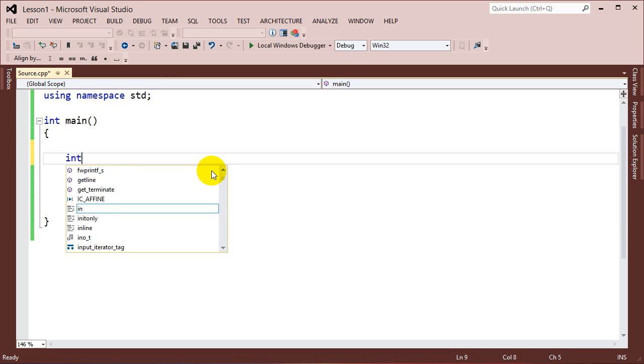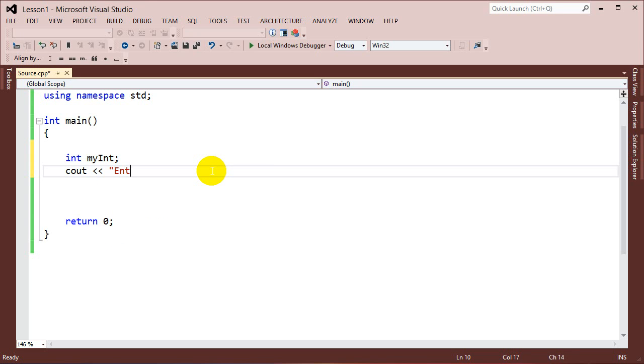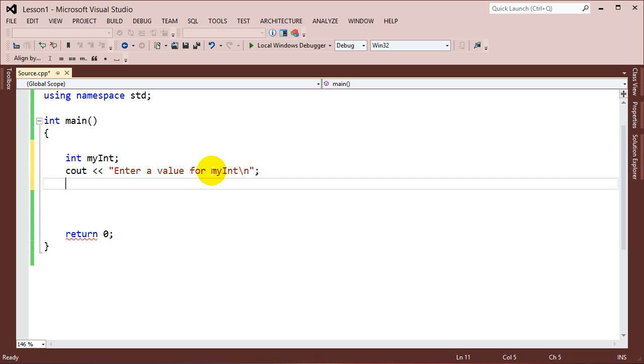I'm going to go ahead and say int my int, and I'm going to say semicolon. I'm not going to assign it a value just quite yet, because I'm going to wait for the user to enter it in the console, and then I'll assign it a value, not right now. So I'm going to go cout, enter a value for my int, \n, so we're on a new line. And then I'm going to go cin. I'm going to use what is called the extraction operator, which is two greater than signs,